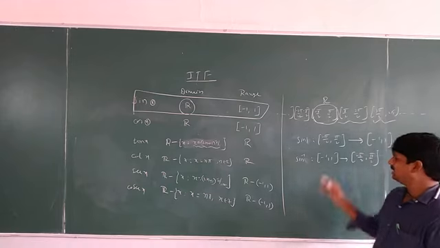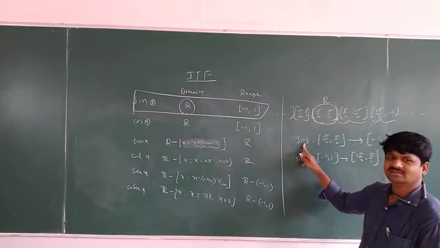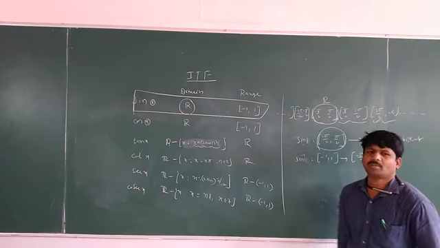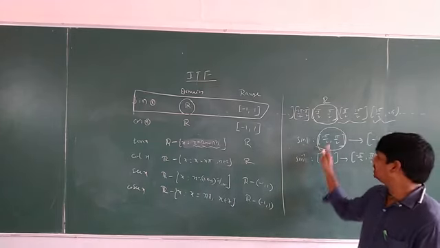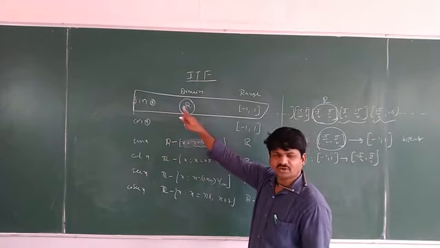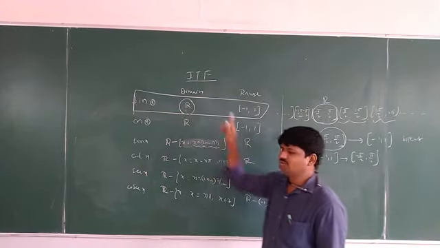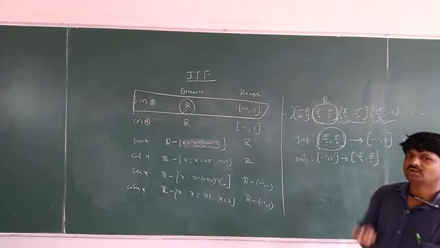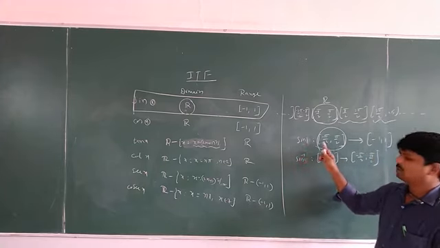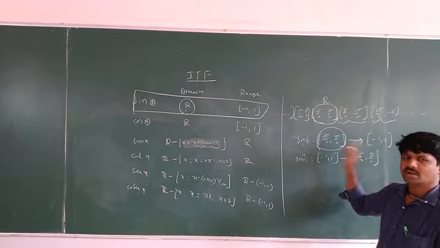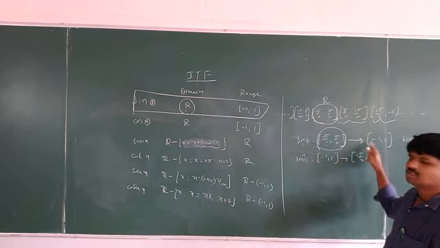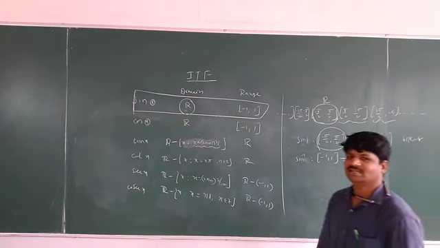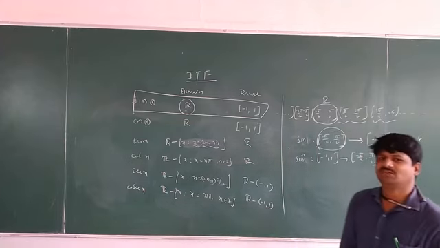What is the domain of the sin function here? Domain of the sin function: minus pi by 2, pi by 2 we have to take here. Why do we have to take this one? Why are we not taking the other one? If you take that one, it is not a bijective function. If you take this one, this sin function is a bijective function. That is why the domain must be minus pi by 2, pi by 2 and the range closed minus 1, 1. Then only this sin function is a bijective function.